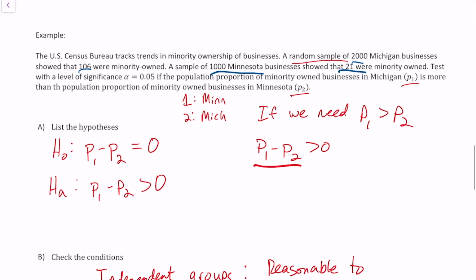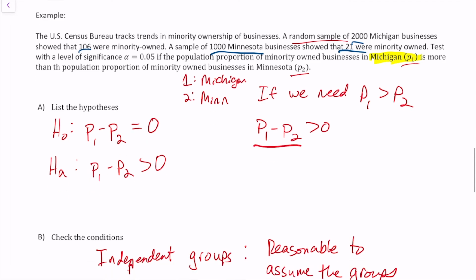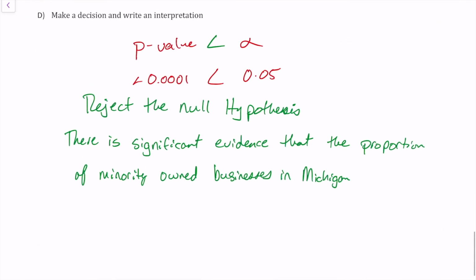Pay attention to what we do here, folks. P1, so 1 is Michigan. 1 is Michigan. So actually I made a mistake. I'm so sorry, guys. Made a mistake up here. So pay close attention to how the samples are labeled. They wanted us to have sample 1 be Michigan, with a population proportion more than Minnesota. Minnesota is sample 2. So yes, there is significant evidence that the proportion of minority-owned businesses in Michigan